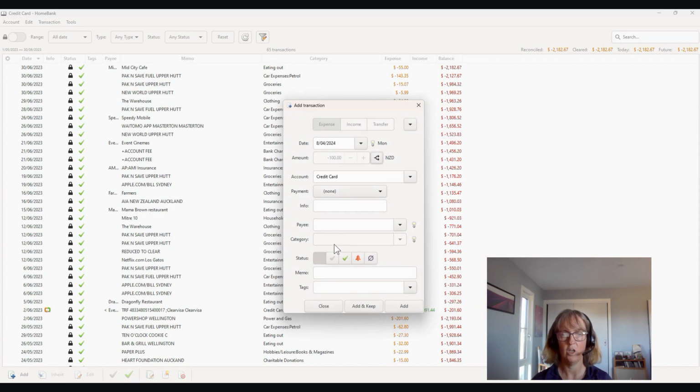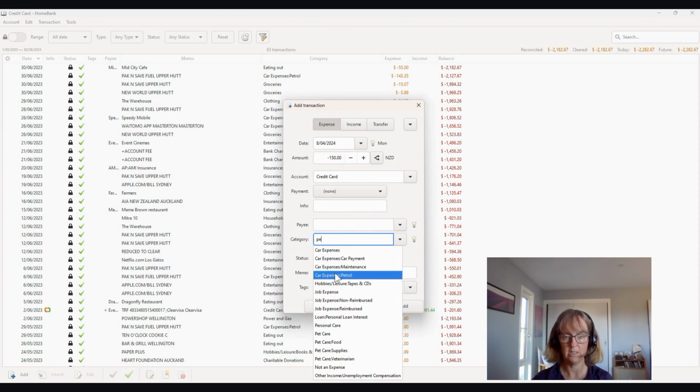And you don't need to categorize down here because you've done it up in your split. So we might make the payee, we'll just put phone company. And then we go add, and then close. Now, with transactions, just a quick little demo here of something else. Let's say, for instance, we wanted to put in petrol. So let's say we spent $150 on petrol, and we'll put in